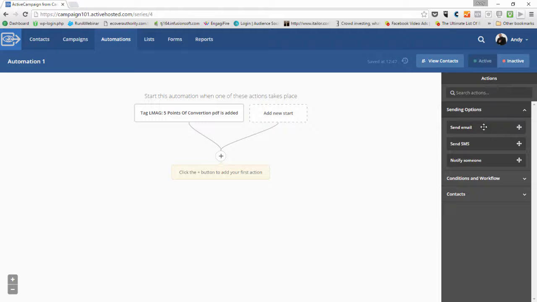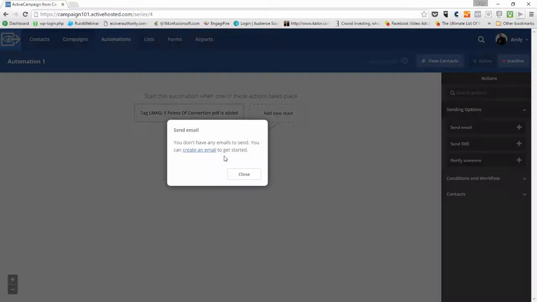We're going to go over to the right hand side here where we've got our sending options. I'm just going to collapse this for a second. We've got sending options, conditions and workflow, and contacts. We're going to go into sending options because we want to send an email. So if I pull this over, you can just drag it and drop it to where you want it, and it will say you don't have any emails to send. You can create an email to get started. So that's what we're going to do. We're going to create an email,